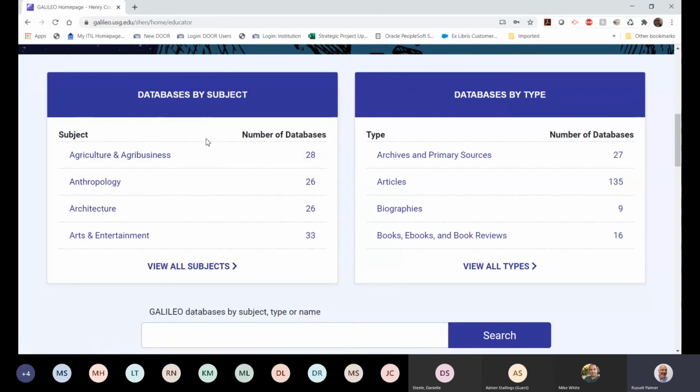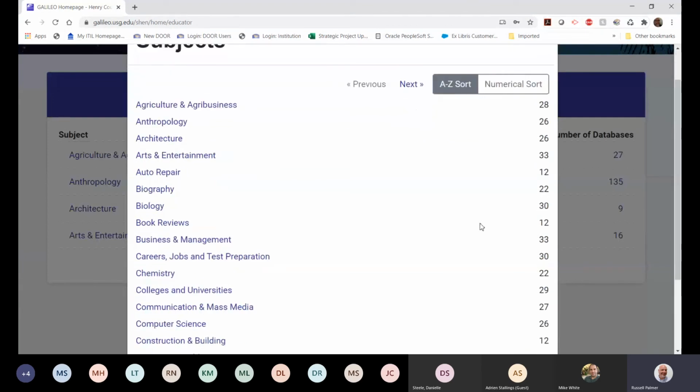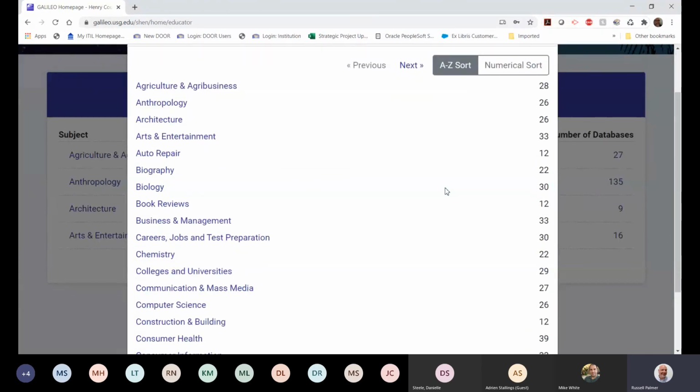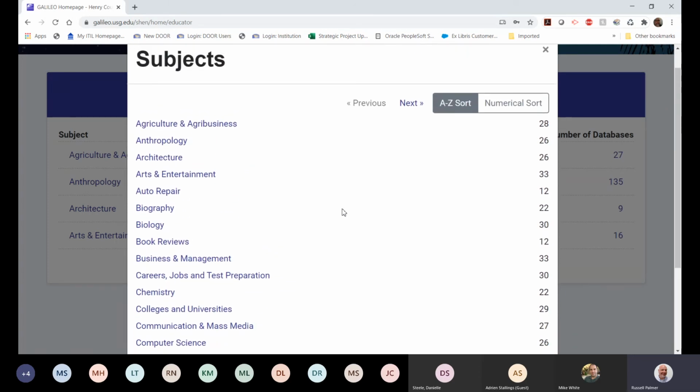So our databases by subject is broken down here with just a quick alphabetical view. And if you want to see all the databases by subjects, we've also greatly cut down on the overall number of subjects, because that was another resource that made it challenging to use, because the subjects were so many and so granular. So we decided to broaden those out a bit. But we also added in some specific things like Georgia. And we also added subjects like, and I'm going to go to the next page,